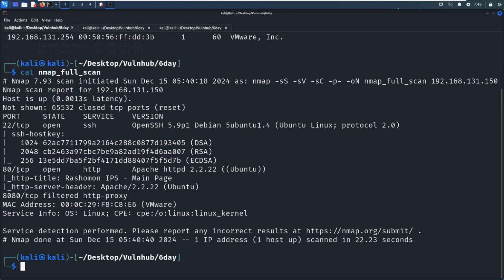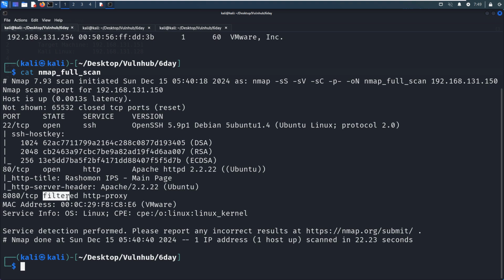The next one is 80, which is running HTTP service, with the version information Apache 2. And also another port number caught our attention because its state is filtered, a bit weird, right? So maybe there will be some port knocking involved, or some other things.